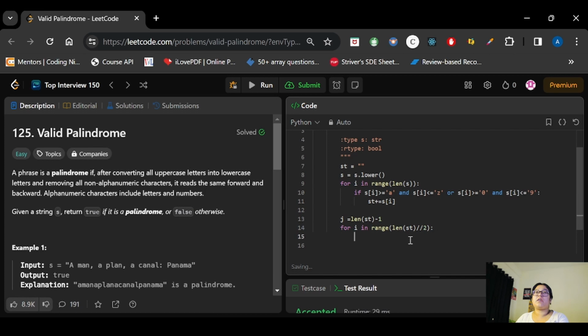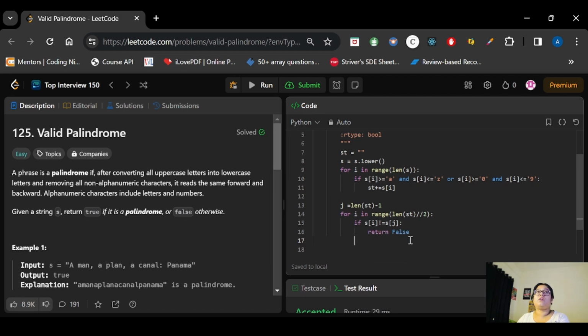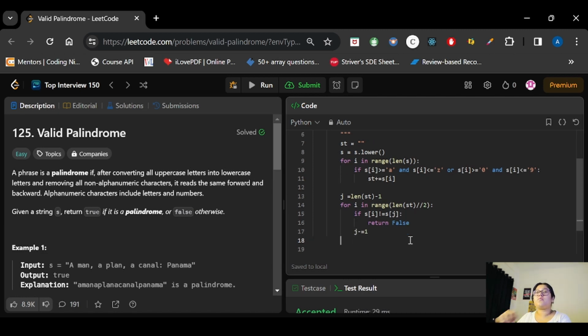Now we will check if s at i is not equal to s at j, then we will simply return false from here. Otherwise, i will be incremented and j will be decremented. Once we are out of the loop, and there is not even a single condition where they are not equal, it will move out of the loop and we will return true from here.